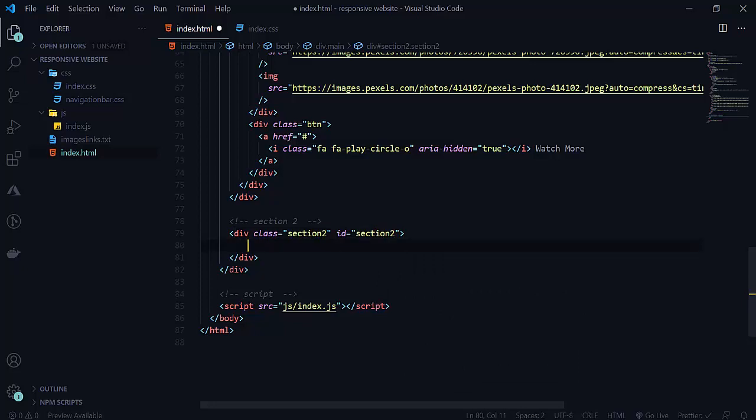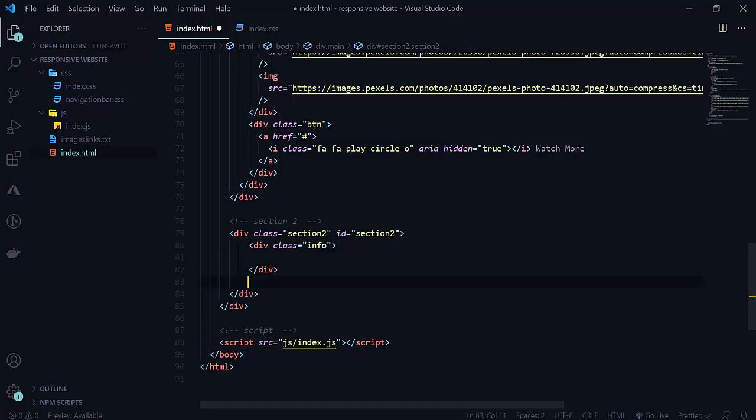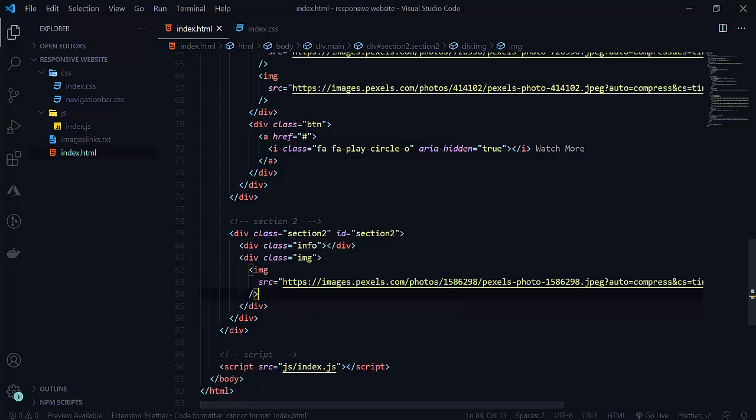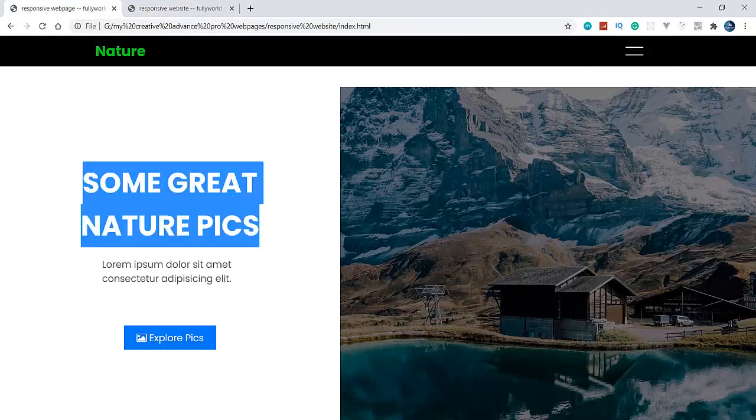Here we want two divisions. First will be our info, and after the info we want our image. Under the info we want this one, some great pics, an h1 tag.